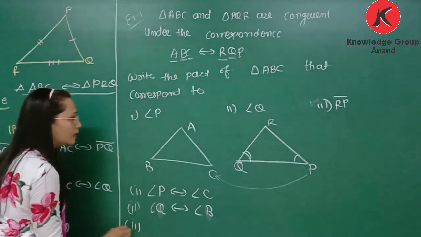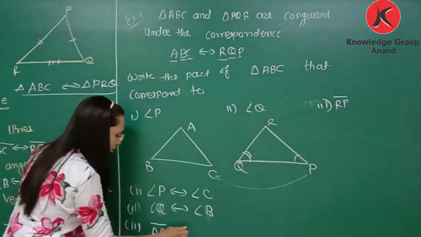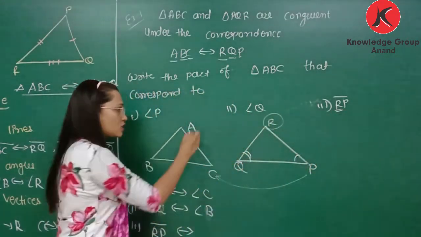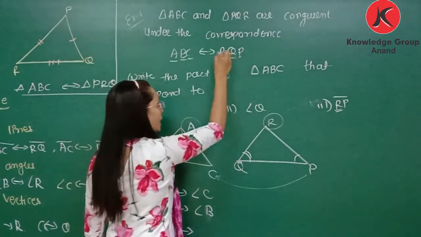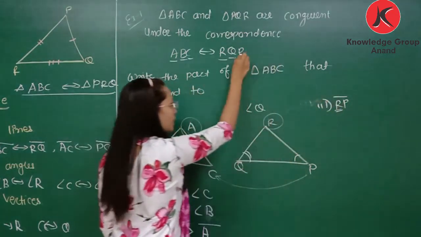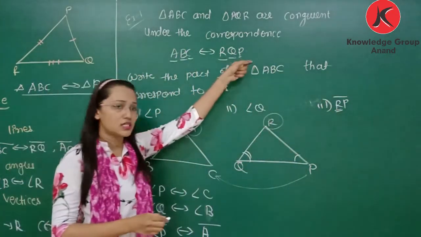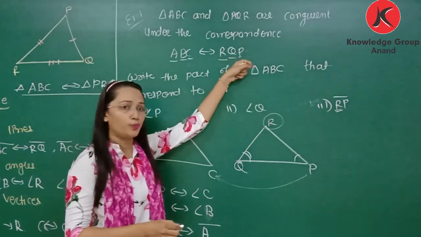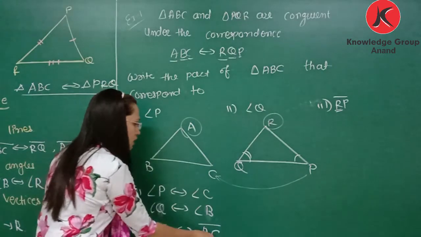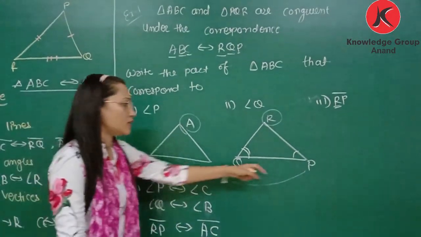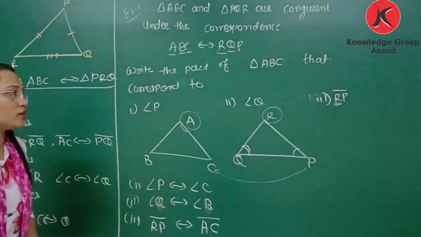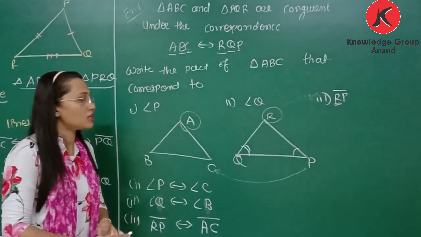Now next, third, that is line segment RP. R is here and that corresponds to A. Here R corresponds to A, so you need to write first letter A. Then P. Here P is at the last in these three letters R, Q, P, and C is the last in ABC, so you need to write C. Means RP corresponds to AC. You can also consider it from the figure. So these are the three correspondences. You can write more correspondences according to the line segments, according to the vertices, and according to the